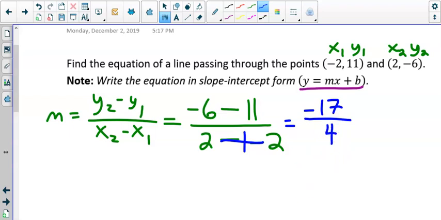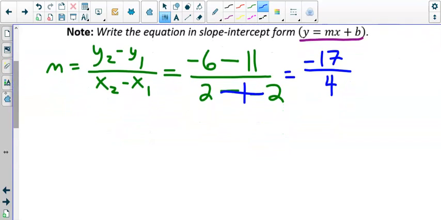Can negative 17 over 4 reduce down? No. So this is one ugly slope, but we're going to have to deal with it as such. Okay? Good thing we know how to use our calculators, because our calculators can do fractions. So we don't have to worry about doing any fractions by hand. All right, so